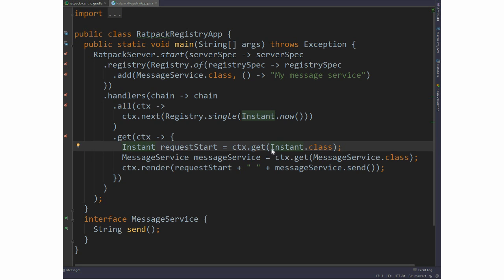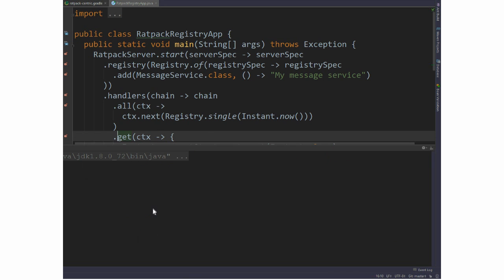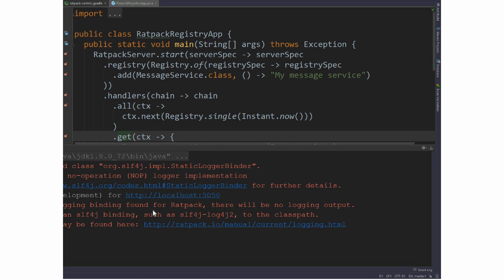So as an example, like context.get, we call by type, and we essentially get our type back that we've added to the registry beforehand. And this message service, which we've registered at the beginning of the Ratpack server instantiation, is also registered in the context and comes out. And we can just send our message as well as the request at this point. And to just demonstrate what this looks like end to end,